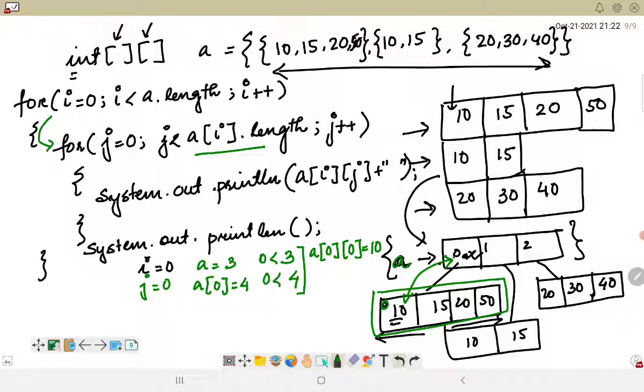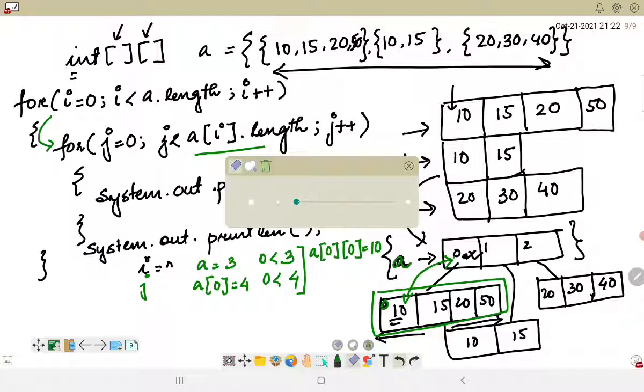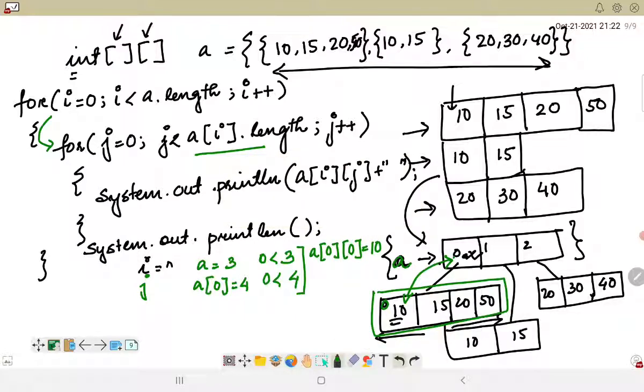Once this particular thing is printed, 10 is printed, J's value would be incremented. So I will be equal to 0, J will now be equal to 1.